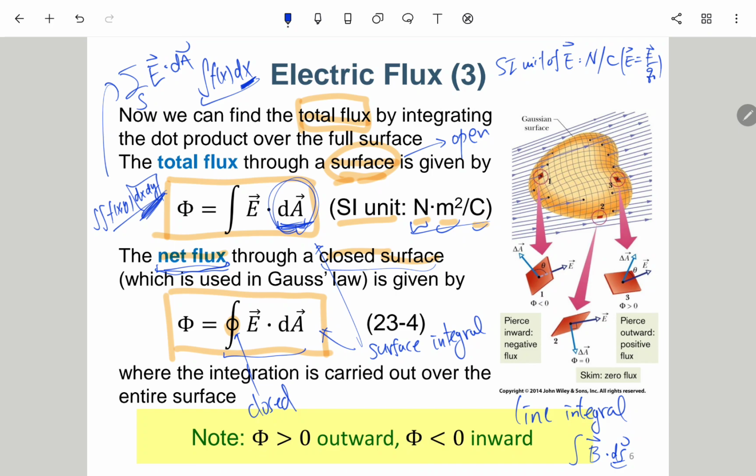But for a closed surface, we need to define dA to be pointing outside. 就是这个 dA 的方向，如果对于一个封闭曲面的话，它一定要指向外面。比如说像这个应该像一个心形，每一个小的面，你画一个垂直线，你可以定义它往外往内。那封闭曲面的话，一定要往外。